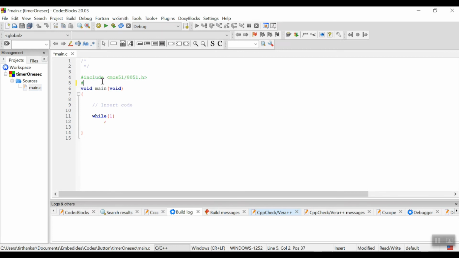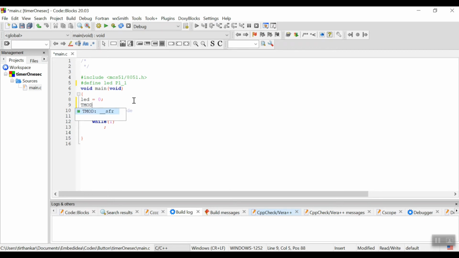So here what I'll do is I'll use one LED at port 1.1. So I have defined one macro. Now the program will be very simple. I'll not use any variable or something like that. What I'll do is I'll first initialize the LED as 0. By this line, I'm configuring the particular pin as output.